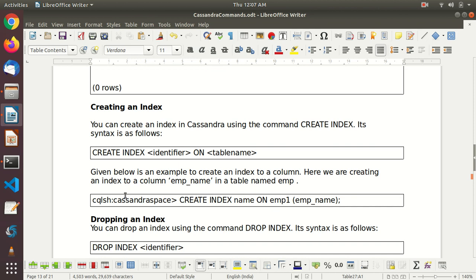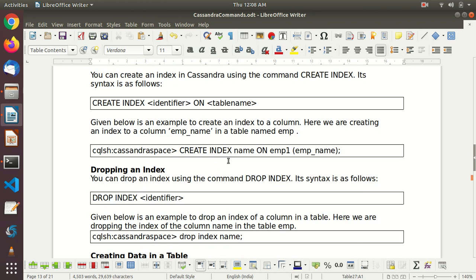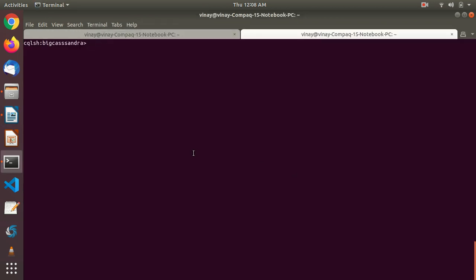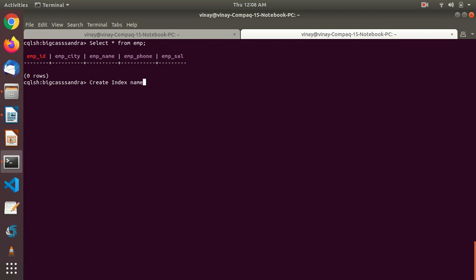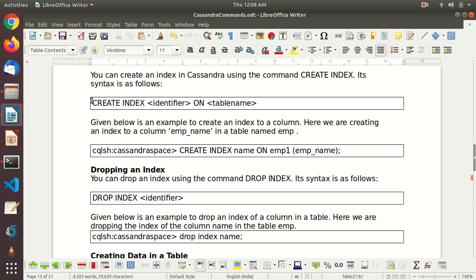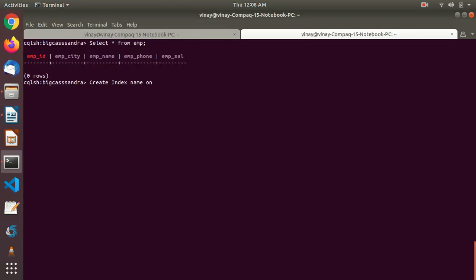If you want to create an index, let's create an index. CREATE INDEX name ON emp. Let's say I want to create an index on employee name. Why are we creating an index? Because it makes query results faster. CREATE INDEX, give any name to that particular index. I am giving the name, ON what table you want to use. I want to use emp, and what is the column name you want to specify as an index. I want to specify emp_name, and